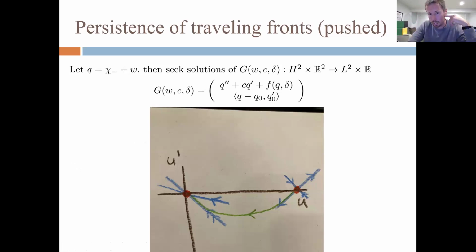It always does, right? Because you have two stable directions here. So no matter how you perturb this, you're going to break the strong stable connection, but you're still going to have a traveling front that connects these two states, okay? So you somehow need to adjust your problem so that you're really looking for something that stays in this strong stable